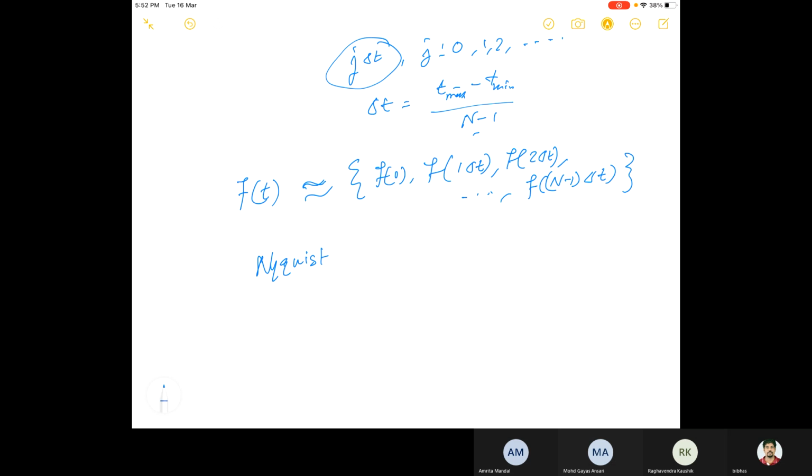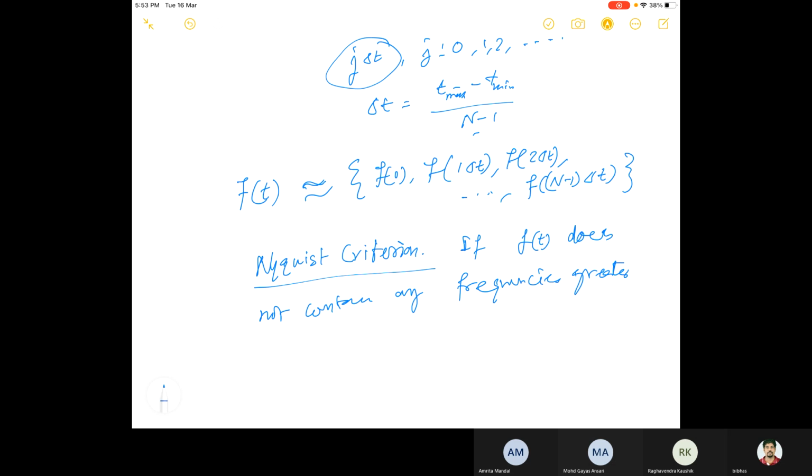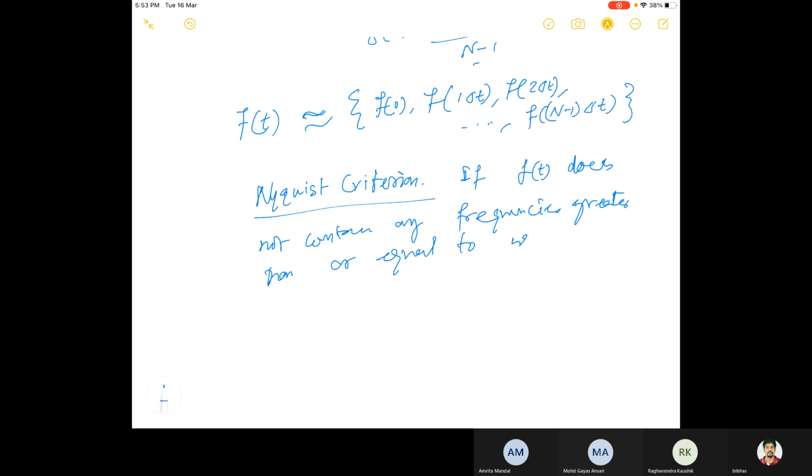If it is satisfied, then the original signal can be reconstructed. Basically it says that if f of t does not contain any frequencies greater than or equal to some omega, or omega hertz, whatever you say,